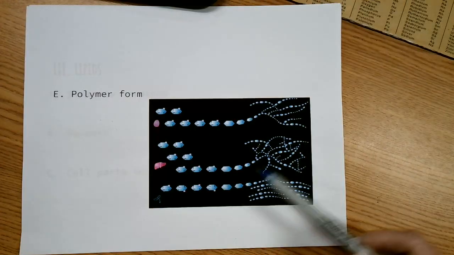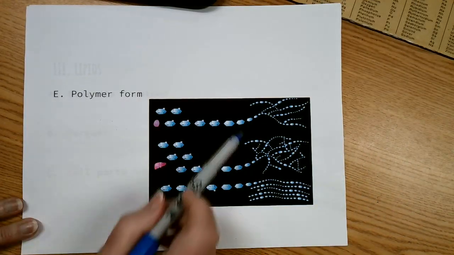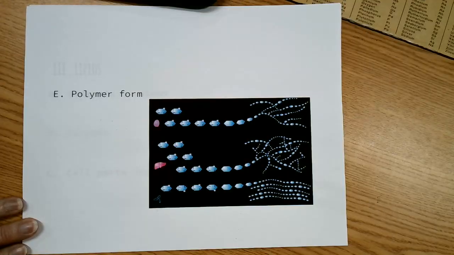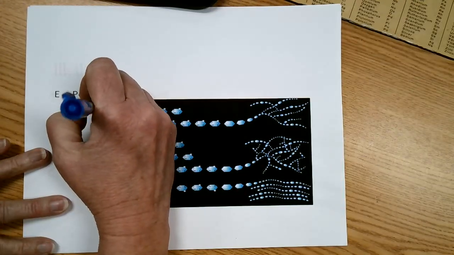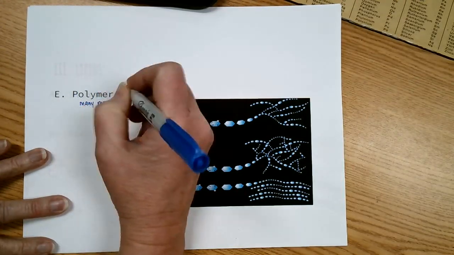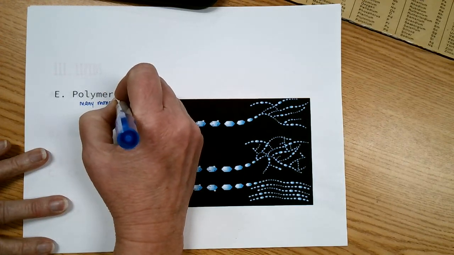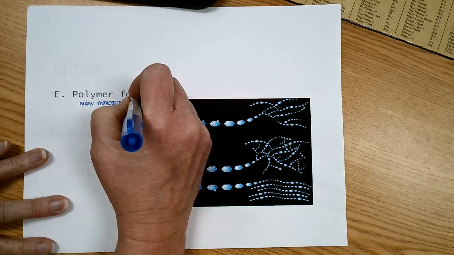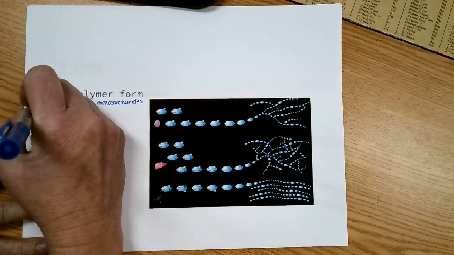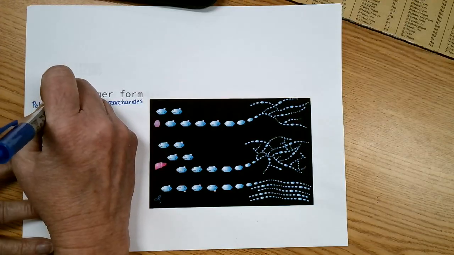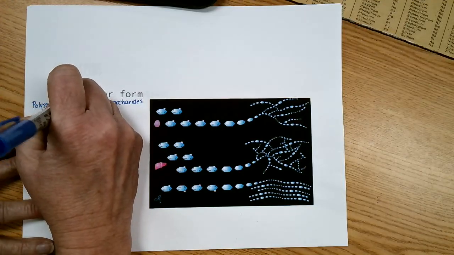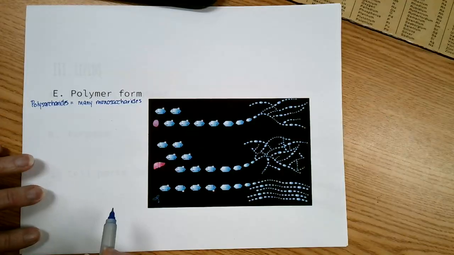And finally, we get to our polymer form. What is this crazy diagram here? Crazy looking diagram. Well, the polymer obviously is like many, many, many. So we always say it's many monosaccharides. So what would you call many monosaccharides? You'd call that a polysaccharide. Polysaccharides. Now, we have 3 examples of polysaccharides listed here, and you can't quite see them.